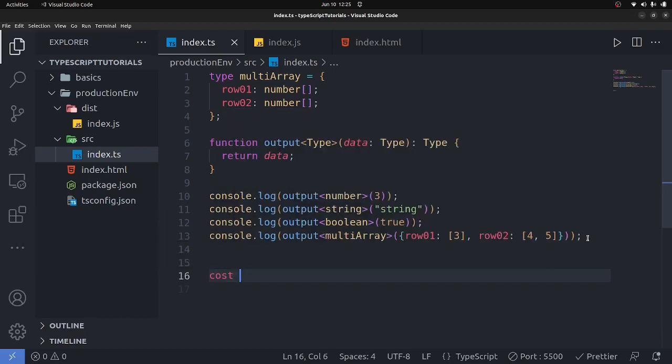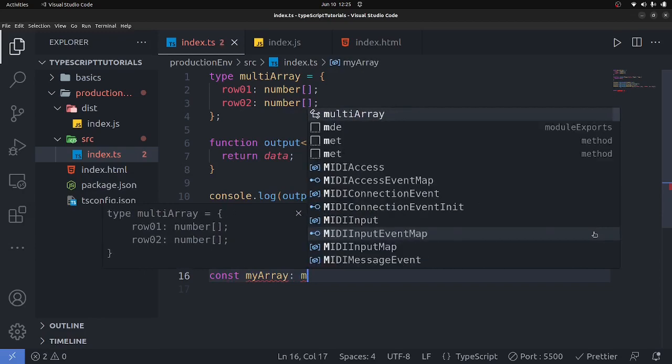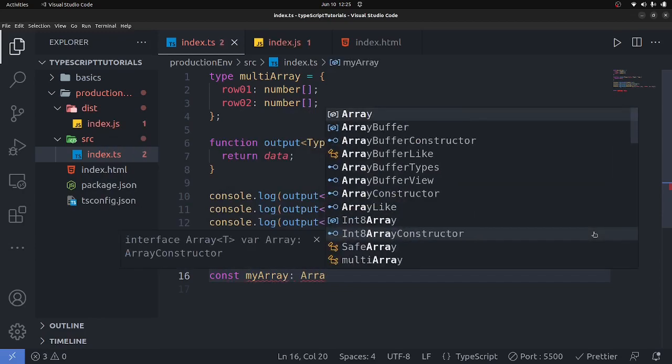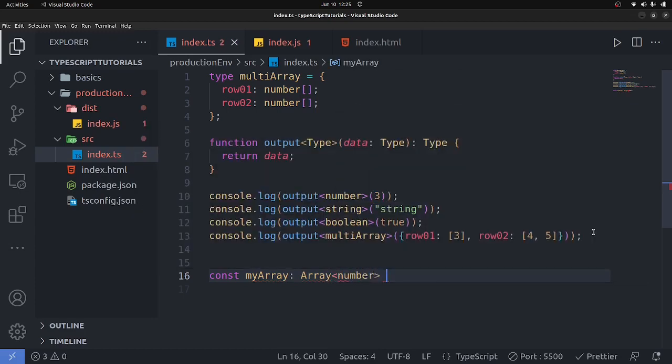So I'm going to say const, and I'm going to call it my array, and it's going to be of type array, just like this. And you pass in number, just like that. And you can go ahead and say equals to, and then finally pass in the values right here. So you can say for